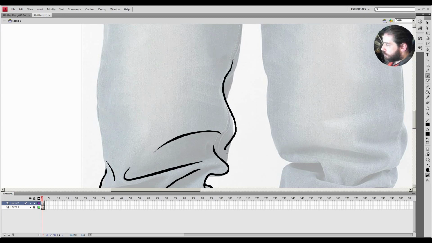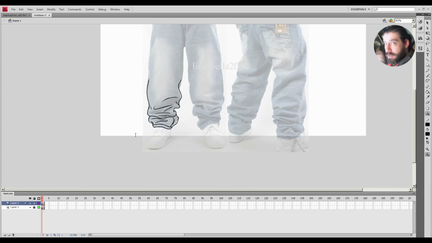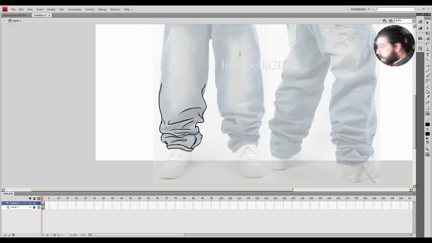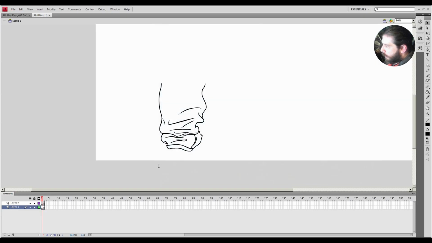But that is pretty much how we can get a real quick reference from anywhere sent to us as an artist, and then from that reference we can derive a really easy to manage image that comes from a reference. So before you actually start drawing, you can communicate with people that are giving you instructions